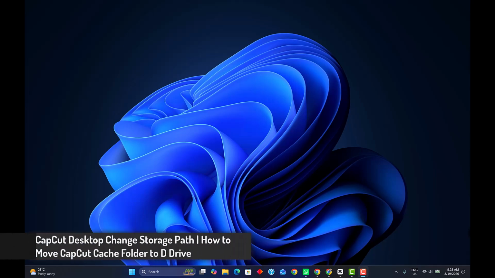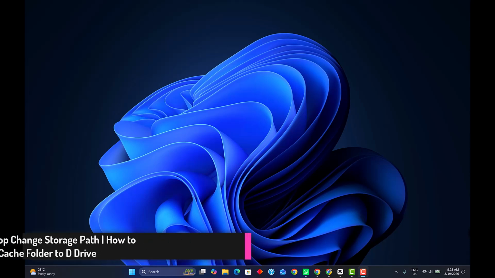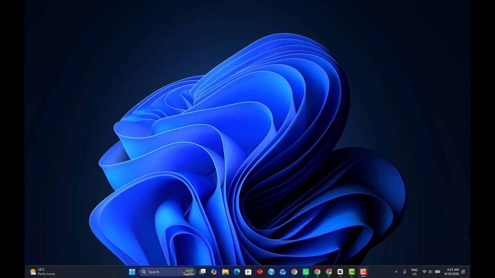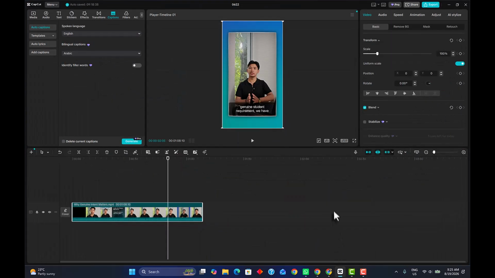CapCut Desktop Change Storage Path. How to move CapCut Cache folder to D drive. In order to change your storage or destination path for CapCut on your PC, launch CapCut and this is the